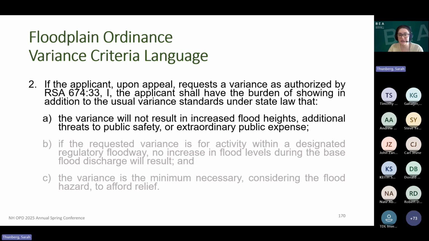So the cost to communities can include publicly funded emergency flood protection measures such as sandbags and temporary flood walls used to protect structures exposed to flooding as a result of the issuance of a variance. Also included is the time and equipment expended by emergency services personnel to evacuate an area or rescue occupants of the flooded structures.